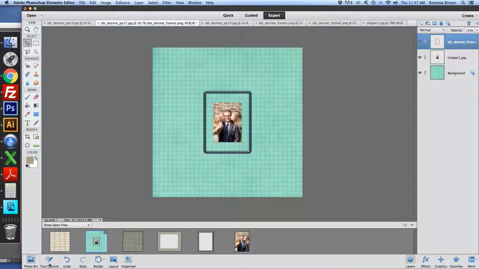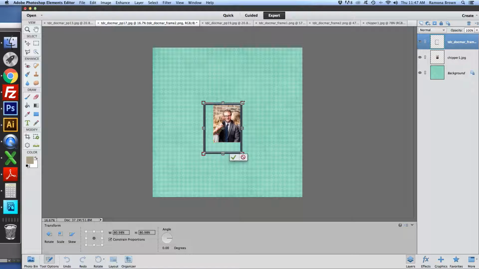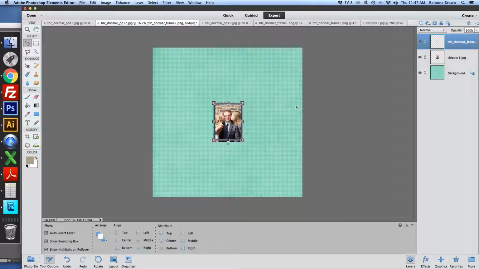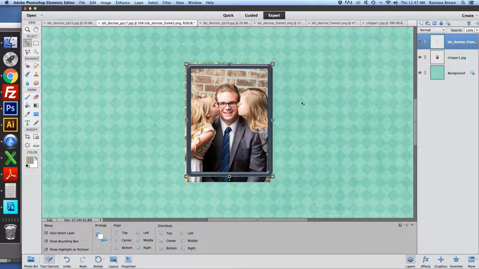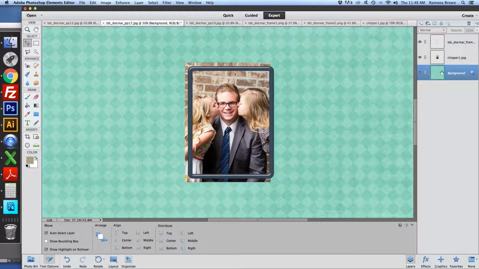Now this frame is a lot bigger, so I'm going to go back to Tool Options and Show Bounding Box. Make sure that it's constrained. Okay. Now I'm just going to bring this in. Okay, now I'm going to make the frame a little bit smaller than our photo so that I can show you the next part of this. So take off that bounding box, and let's pretend that for right now I want to keep just what you see inside the frame in the photo, but I don't want these extra edges over here. To do that, I'm going to highlight my background layer,